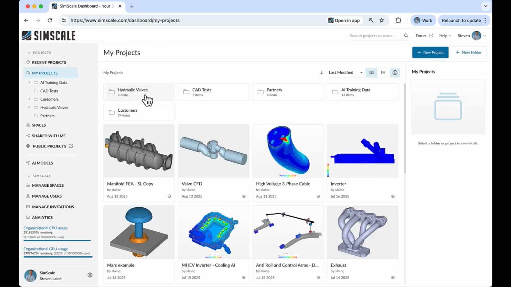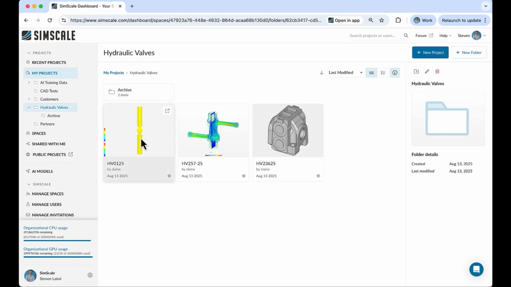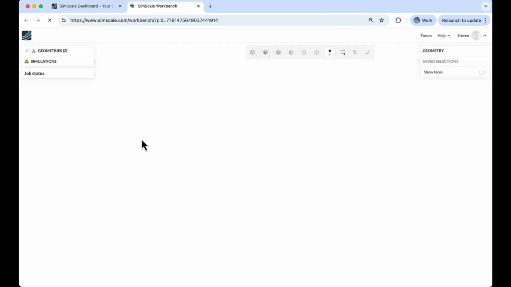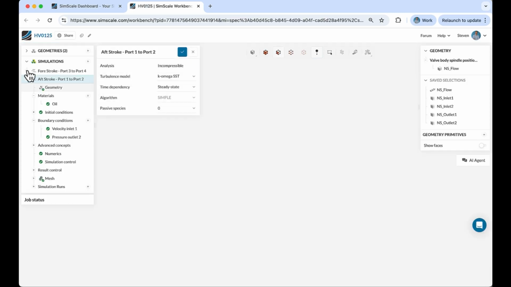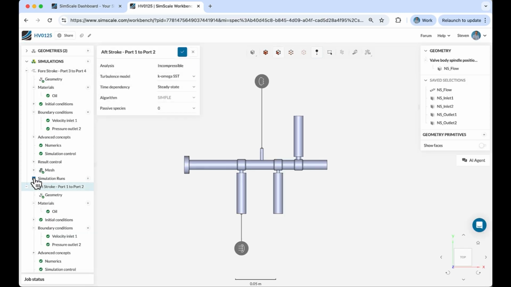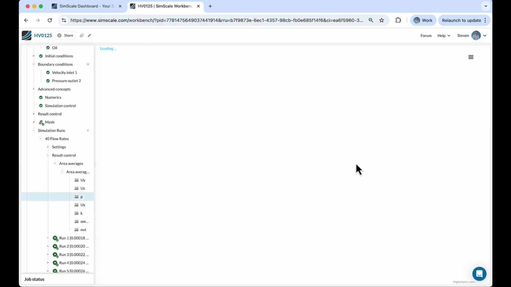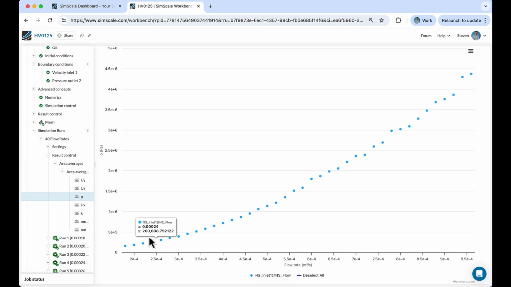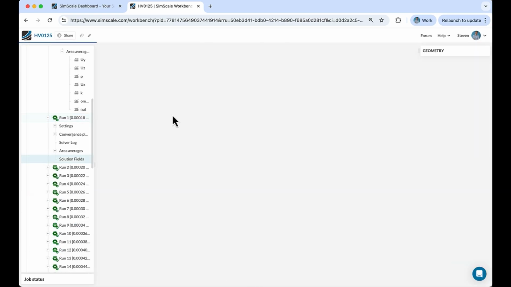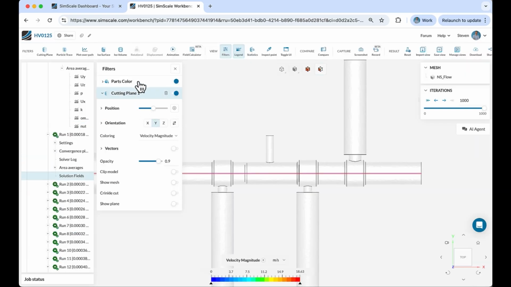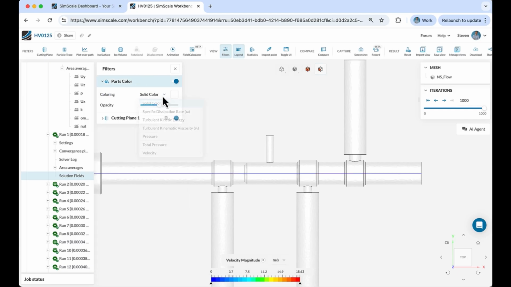So imagine that we're a company that produces hydraulic valves, and we've previously characterized a hydraulic valve in different operating conditions, different stroke positions, and different flow rates. So we can have a look at the pressure drop that we've analyzed over a sweep of flow rates per operating condition for this valve in the past. And we want to maximize the value that we're going to get out of this data. So this is the data set that we're going to use to train an AI model.